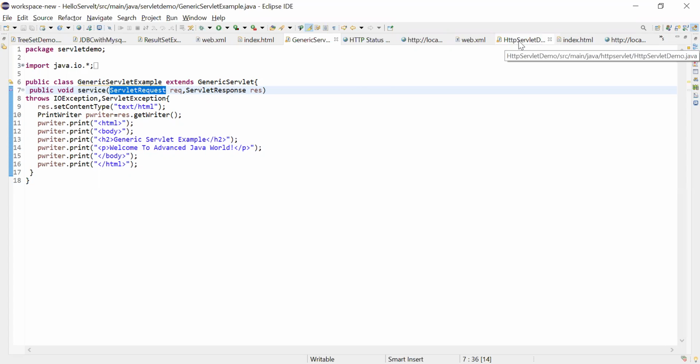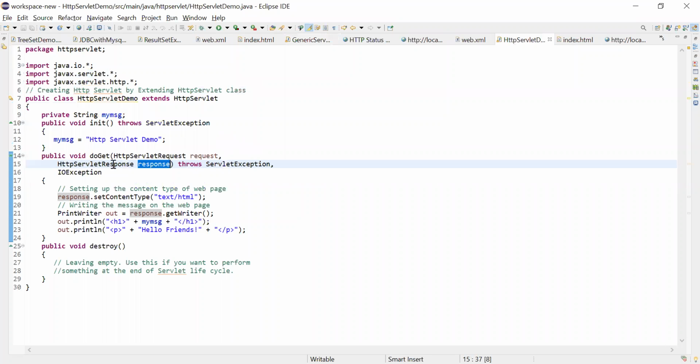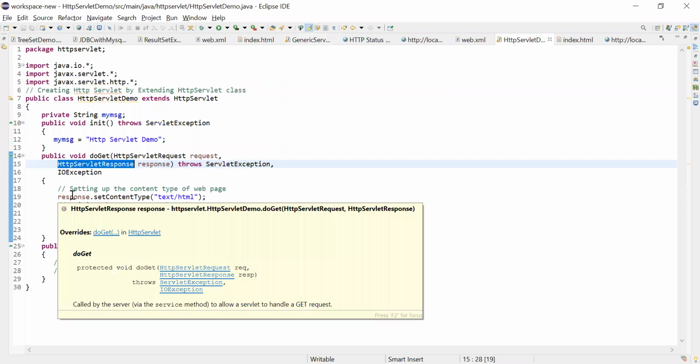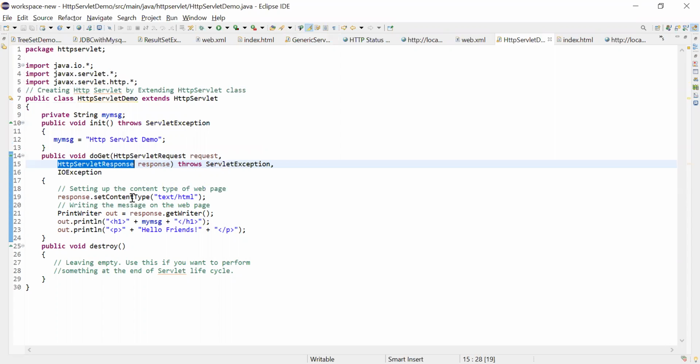But here it is HttpServletRequest, HttpServletResponse. Got it, guys? And here I am writing response.setContentType text/html, printWriter, my message, hello friends. So we can write some other stuff also. What can we write?